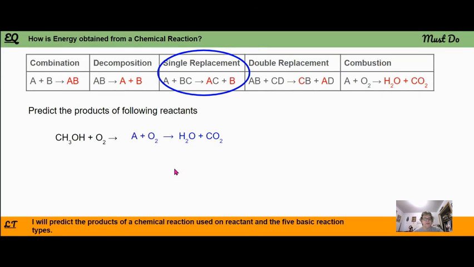Okay. All right, so you should now be able to predict the products of a chemical reaction using the reactants that are given. Okay,